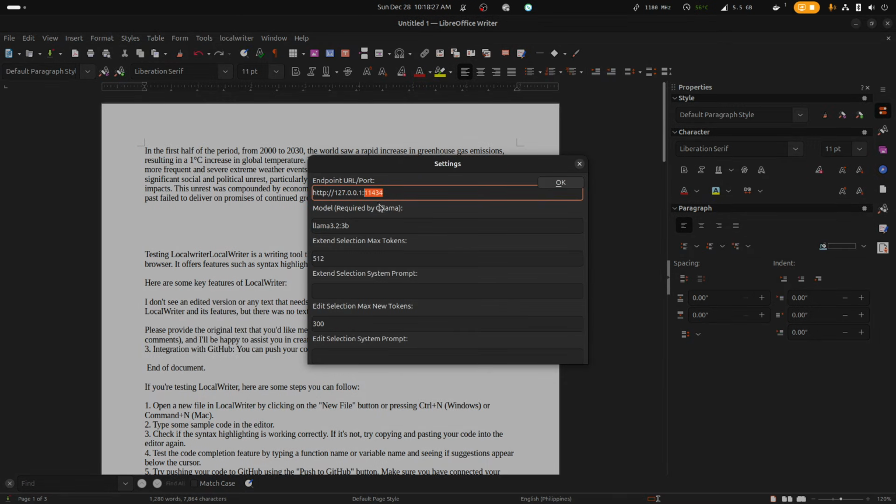You have to remember the port, 11434, and of course the local loopback IP would be 127.0.0.1. And of course, we have to type the model that we're using. Then you can leave this empty, or you can add some. It has very little impact